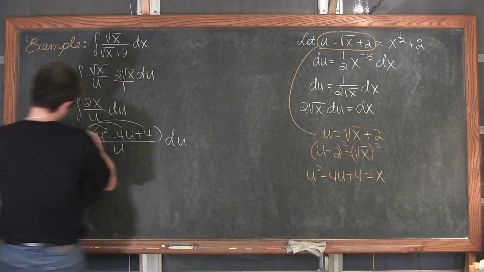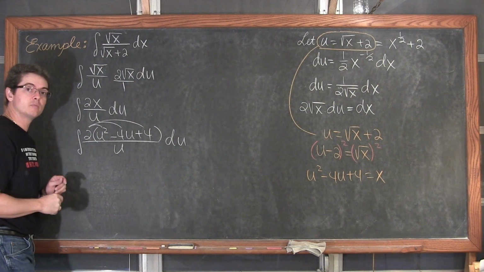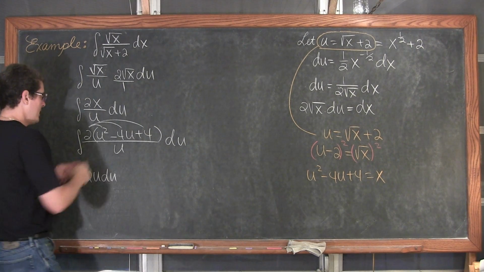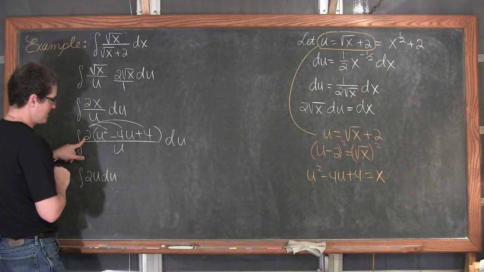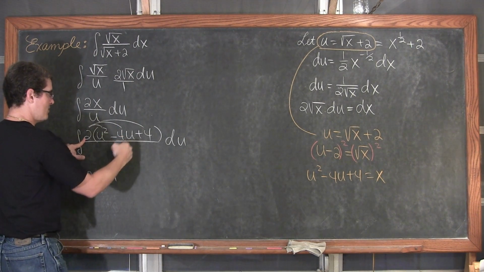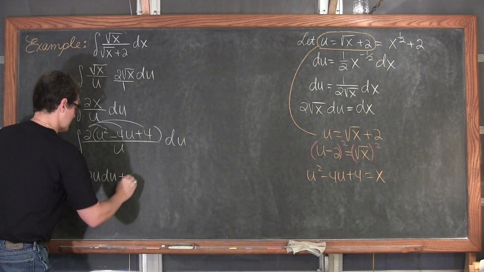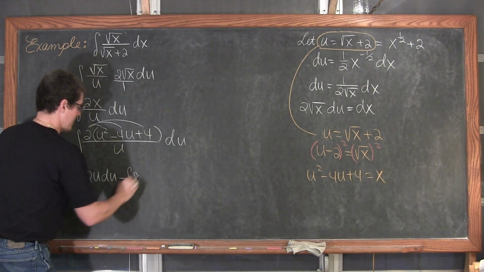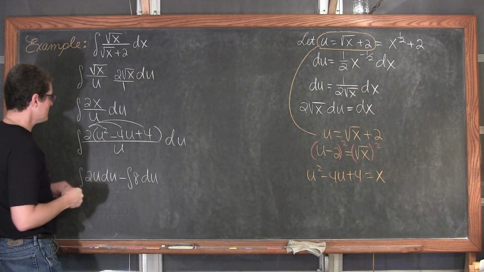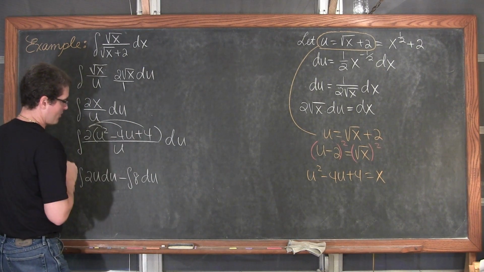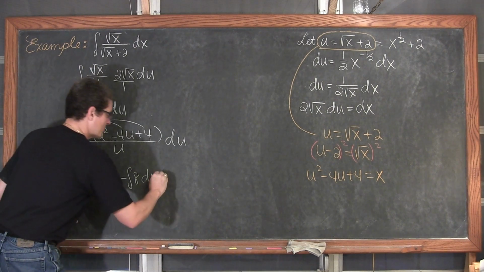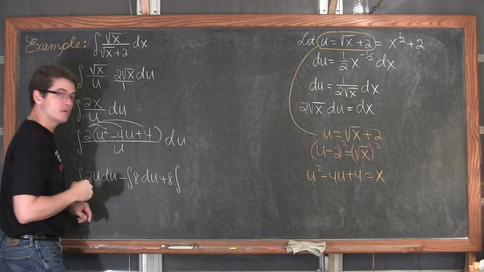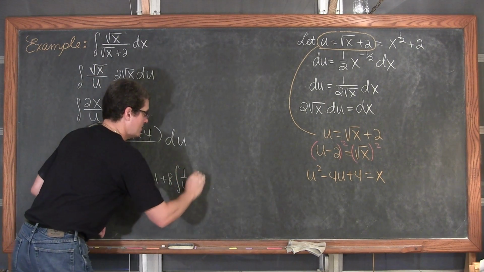So we have 2u squared over u, which is just going to be 2u. So the indefinite integral of 2u du. And then 2 times negative 4 is negative 8u over u. So those are going to cancel out. So we're just going to have, I'm going to go ahead and put a plus sign in here. Actually, no, excuse me, minus the indefinite integral of 8 du. And then we have 2 times 4, which is 8, and it's positive. So I'm going to do plus 8, and it was because it was going to be 8 over u, so it's going to be 8 times 1 over u du.